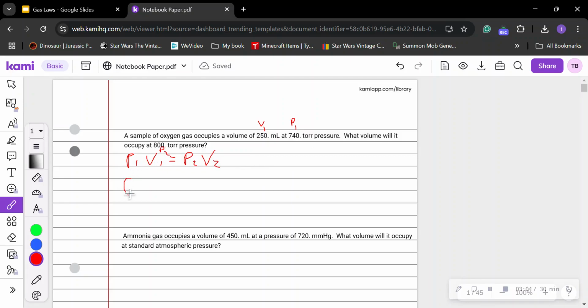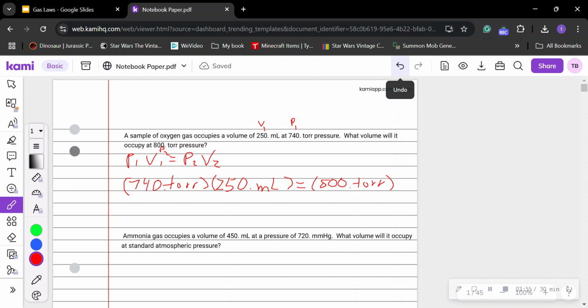So over here we'll set up 740 torr times 250 milliliters, and you always want to add your units, equals our P2, which is 800 torr,